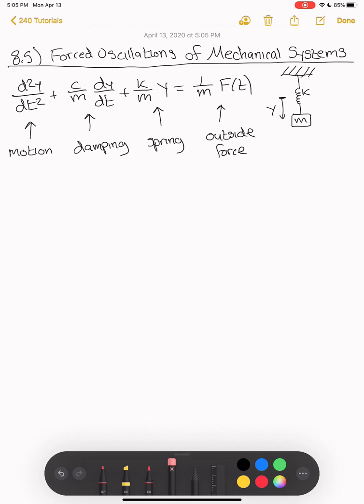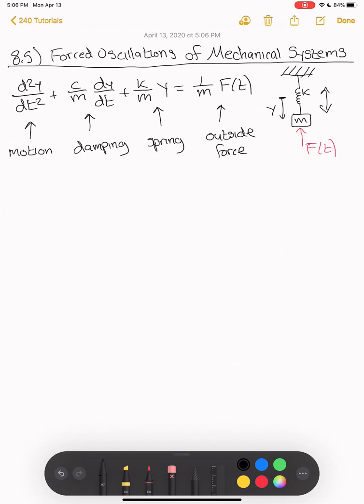is non-zero. So we have some outside force here that is being applied to our mass, and we're going to see exactly how that changes our function of y here. But our mass by itself is just moving up and down. If we didn't have this outside force, it would just go up and down forever. So it doesn't really make sense to apply a force that's constant or increasing with time. It really only makes sense to apply one that's periodic, so that we still get this nice up and down